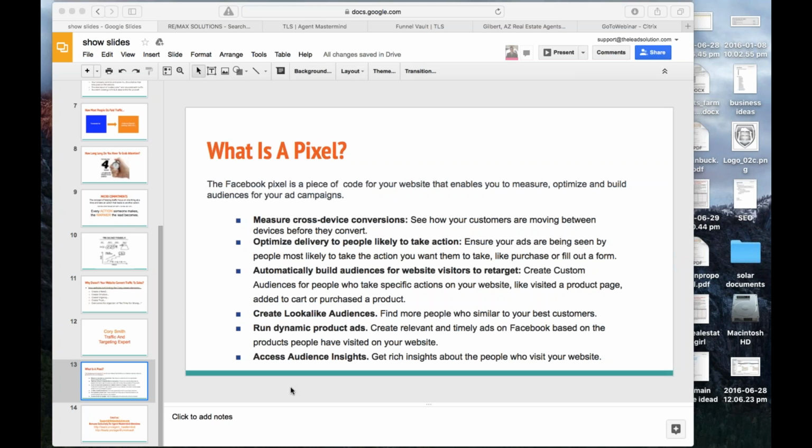As you're talking about this Pixel, there's a lot of people that haven't heard of it, but there are some people that have some sort of notion. So just a couple clarifying things for a couple people that mentioned tracking cookies. A Pixel is not a tracking cookie. That's something totally different, and it has nothing to do with SEO.